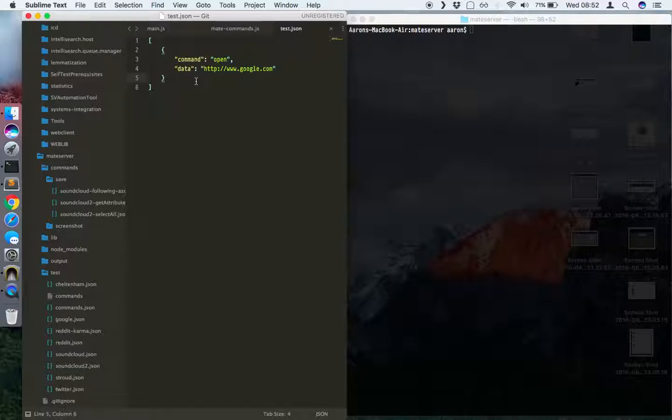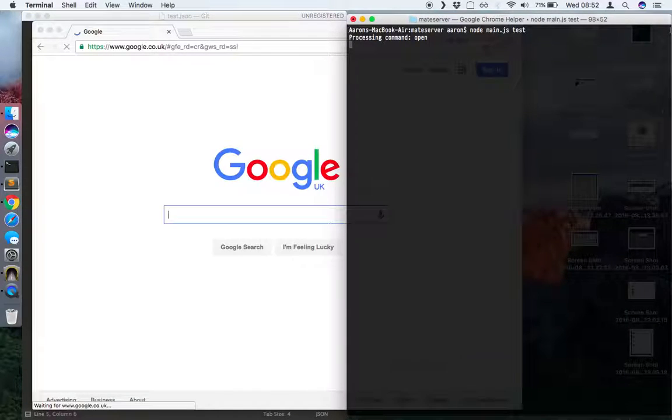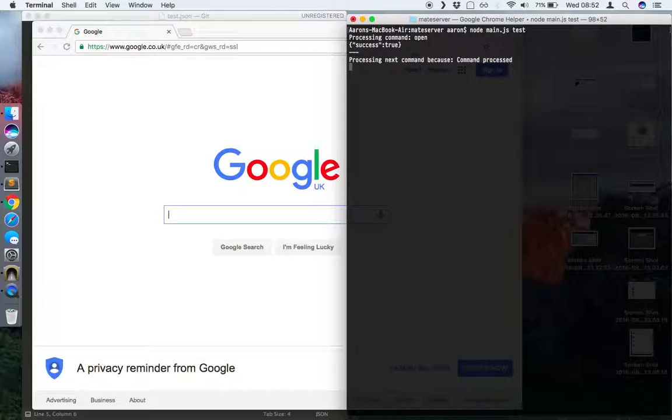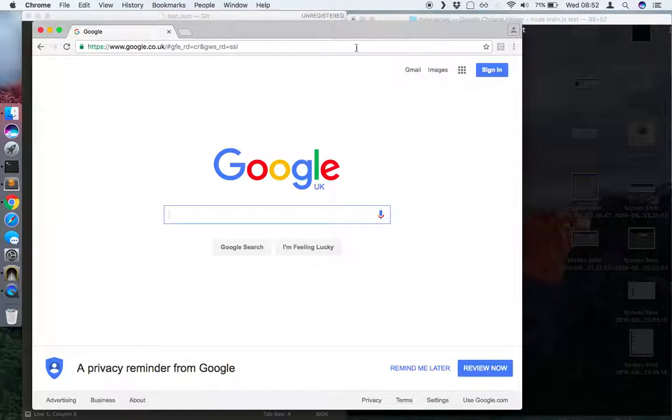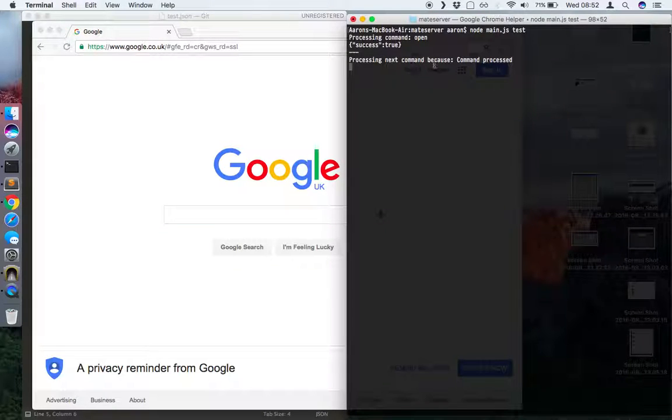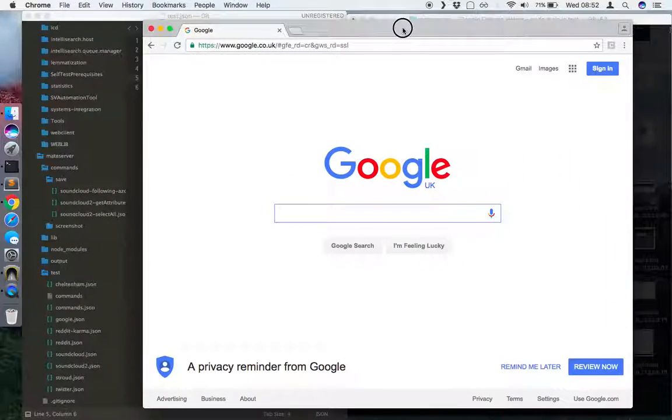So I've got this test file at the moment which just has one command in there in the campaign file. The command is open and the data is google.com, so it's just going to open google.com when I run this. So let me try that now. I'm just going to call it with test. It'll add .json at the end. Okay, so we can see that it's opened google.com. It's redirected to .co.uk because I'm in the UK,